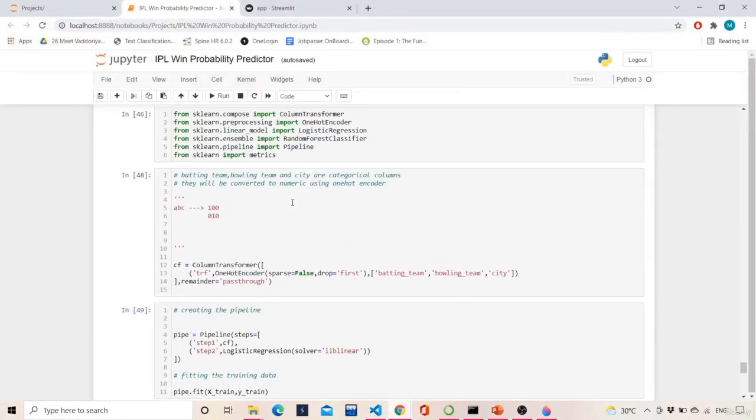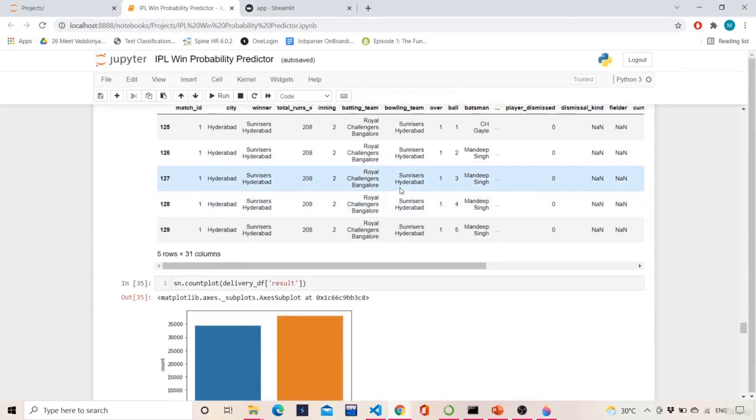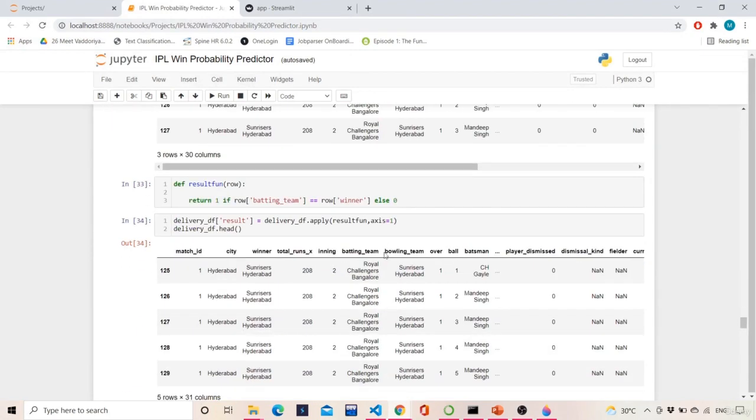That is because of what we considered over here. Our classification is, we said that batting team must be equal to winner. We made this result column based on the batting team status, not on the bowling team status, because we are predicting for the second innings, not for the first innings.